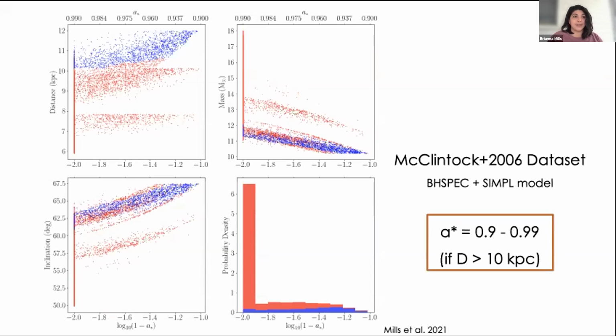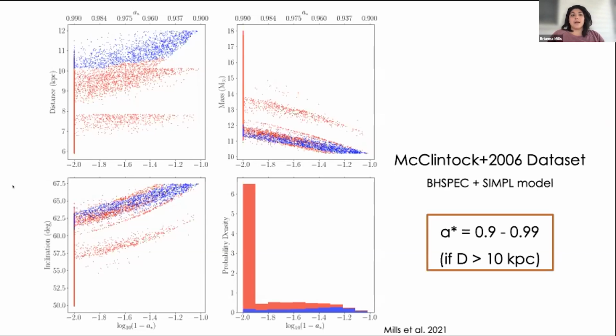So for the McClintock et al. data set, we find that if the distance to GRS is above 10 kiloparsecs, then we can get a reasonable fit to their data set, and we get a range of spins from 0.9 to 0.99. So this plot that I'm showing here is a distance in the upper left, mass in the upper right, inclination in the lower left, and a histogram of the spins from the resulting combination of those three in the bottom